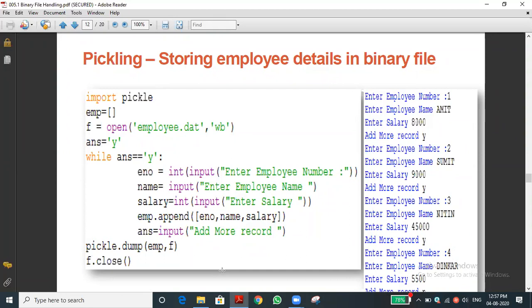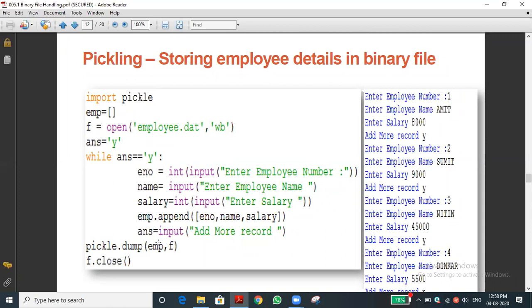As you know, append is used to add only one element at the end of the list. Since emp is an empty list, the element gets added. The eno, name, salary form a single list that is appended into the list.